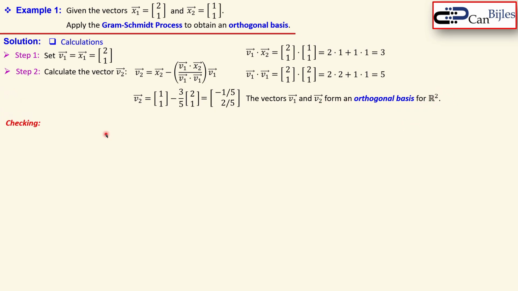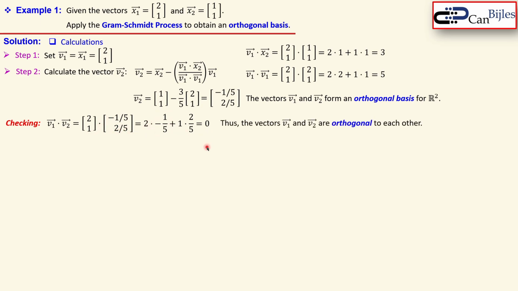But let's check this. This is always helpful to see that this is indeed correct. So we can say, let's check this. This needs to be a 0. Then the v1 and v2 are indeed perpendicular or orthogonal. So we have the v1, which is our (2, 1), and v2, which is calculated. So if I now work this out, 2 times minus 1 over 5 plus 1 times 2 over 5, which is of course 0. So we say this v1 and v2 are indeed orthogonal,